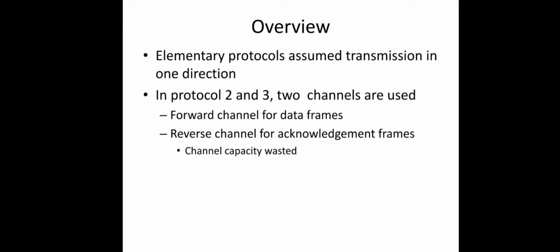The thing is that both channels will have the same capacity, the same bandwidth. But if you compare the size of a data frame with that of an acknowledgement frame, the acknowledgement frame will be too small because we have to communicate only one number, a sequence number. That with a header and trailer will be the frame for acknowledgement. So the channel capacity in the reverse direction is always wasted. We are using it for simply a small packet from B to A. So how to reduce this wastage? We are thinking about that.